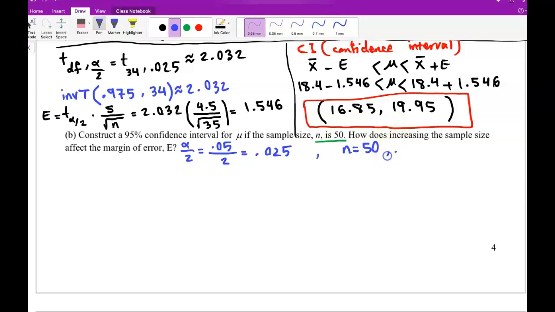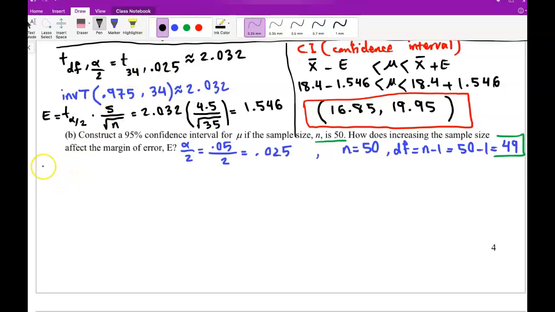So based on that, degree of freedom is n minus 1. So 50 minus 1 is 49. So here we have 49 for degree of freedom. Now finding